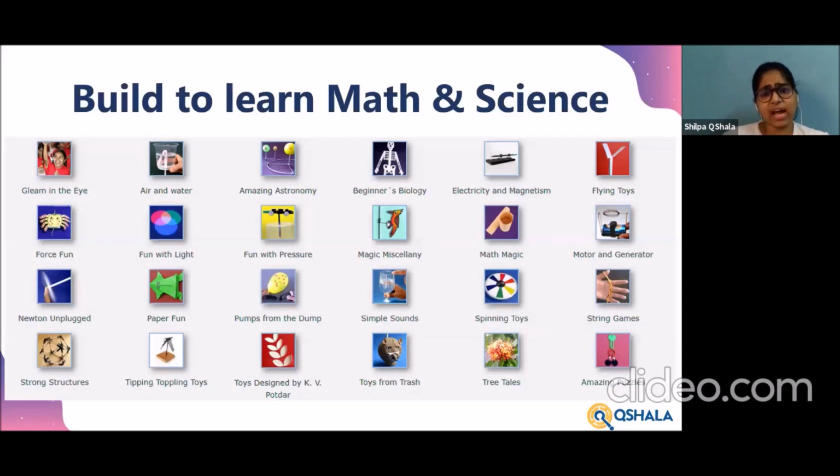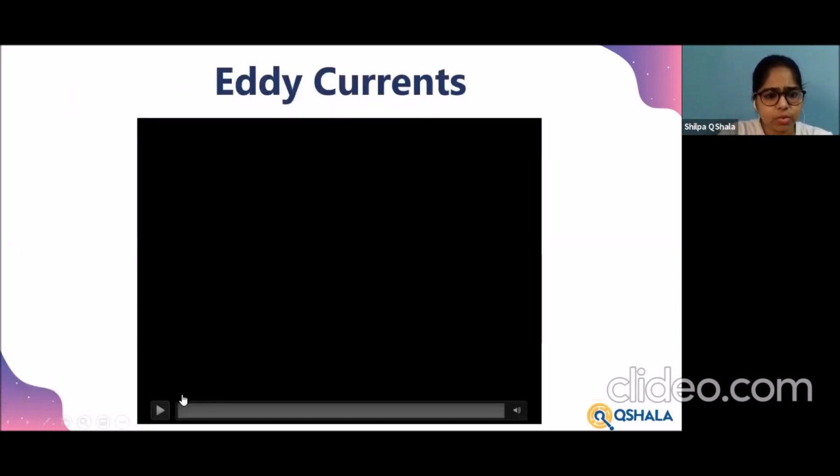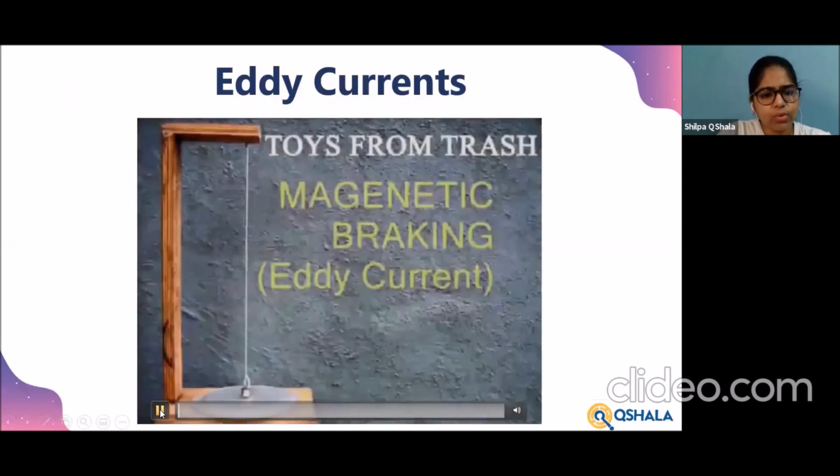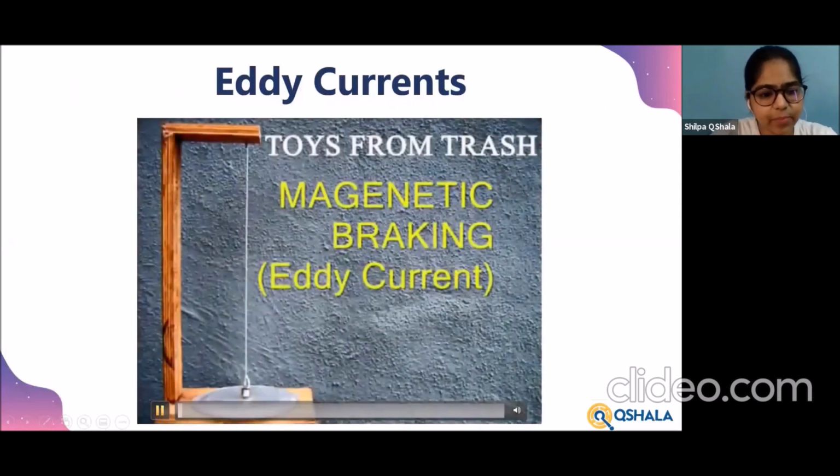You can actually have your kids bring these materials to class whenever you're planning to do a lesson on that particular topic. Have them build those experiments. These are very short, 5 to 10 minute things that you can easily assemble and get at your home itself. So do try out one of these. I'm going to quickly show one of the things that Mr. Arvind Gupta has done. Here's a video on how he explained eddy currents.